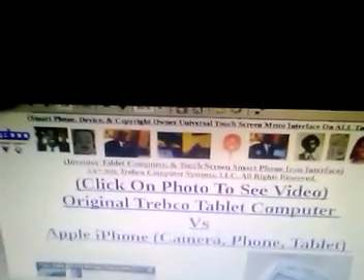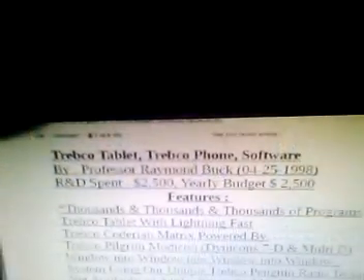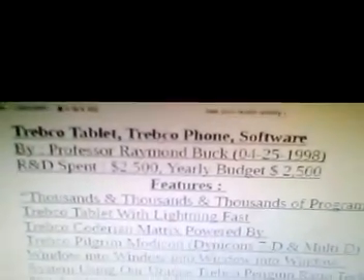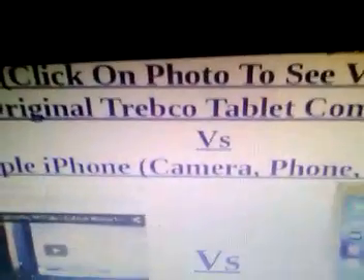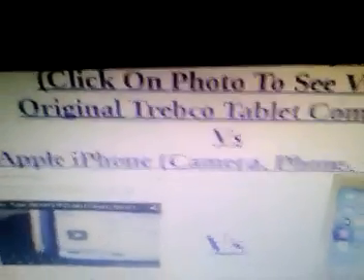Of course, here's a comparison between the Trebco personal internet and the iPhone. We did it with $2,500 in our budget, in 1998. This is what Steve Jobs had in 1995. These guys didn't even have a touchscreen interface. That's the iPhone. That's part of our system. And here's the iPhone, the one that they started all of a sudden. They didn't have a system in 2005, and all of a sudden they started.